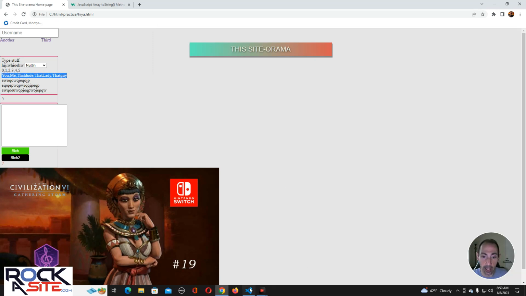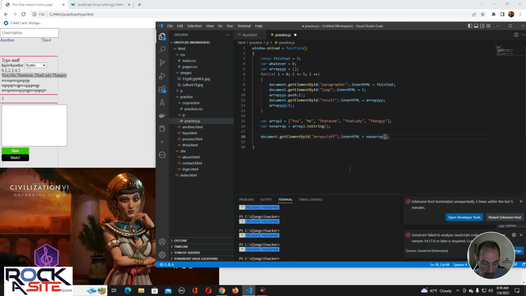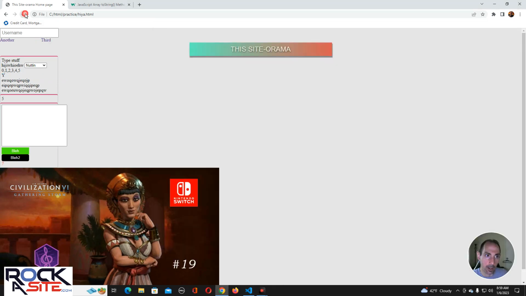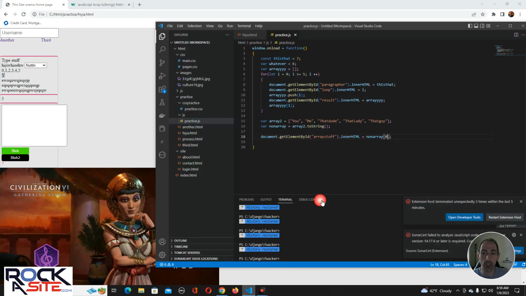It's not an array. So I can't do this, because now when you do that with a string, you're starting off at the first letter. So it's not an array anymore. It's just a string. So you can then go further and say